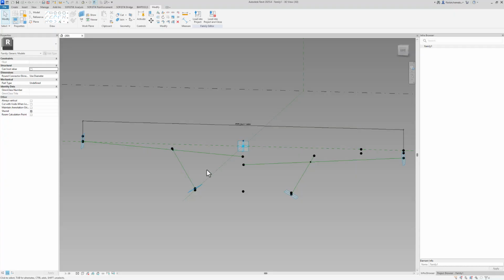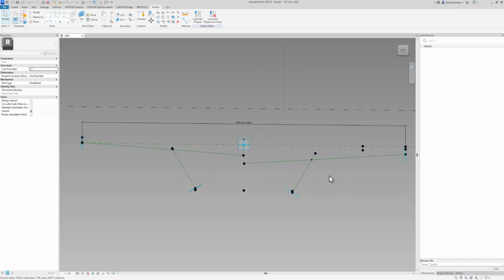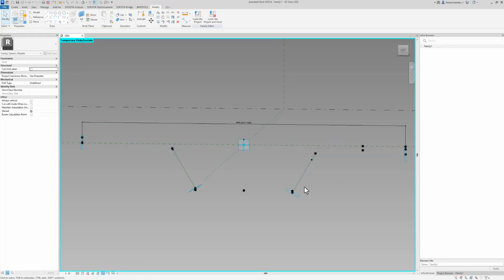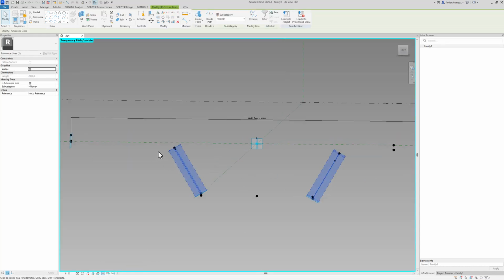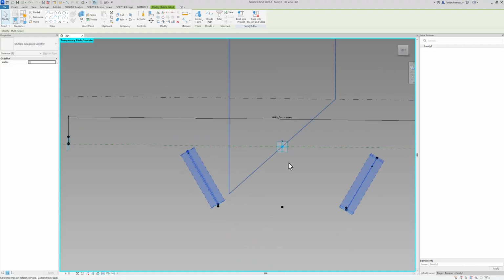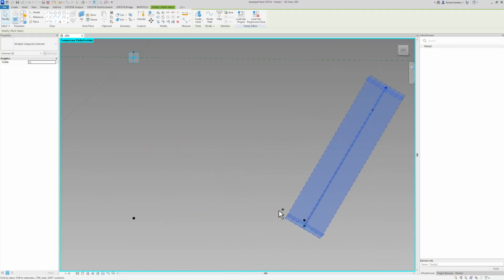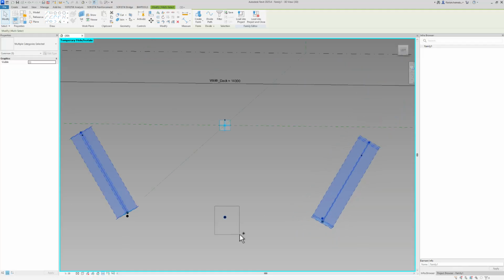At this point, it might get a little hard to select the right point, so I want to clean up temporarily. I select, for example, these reference lines, and down here you can temporarily hide elements. I do this for a couple of my points. For example, the horizontal point here and here and here doesn't really interest me. Be careful not to hide too much.